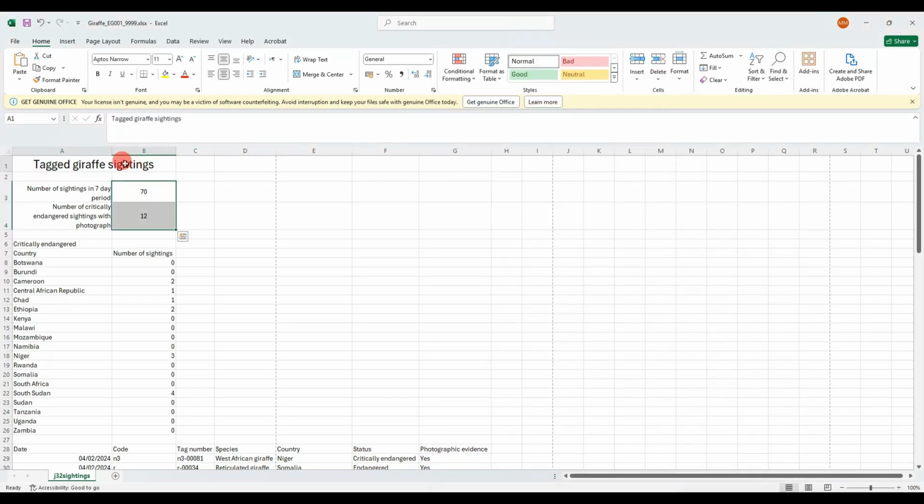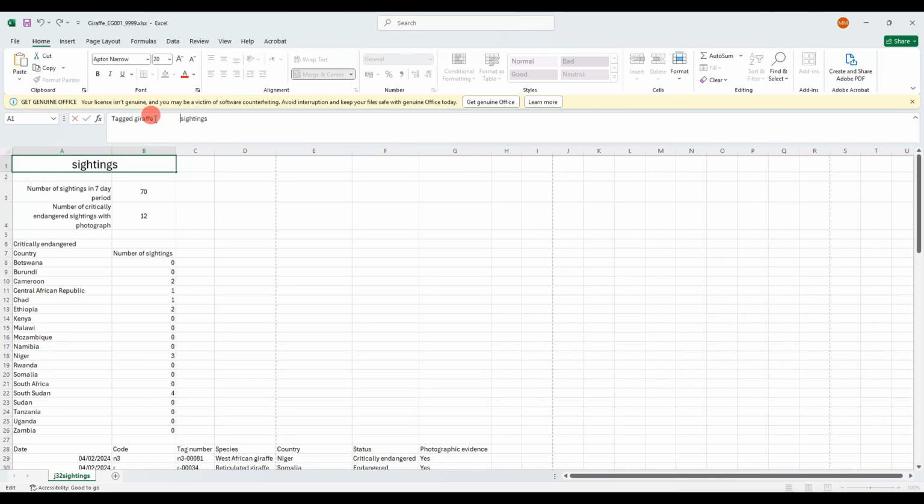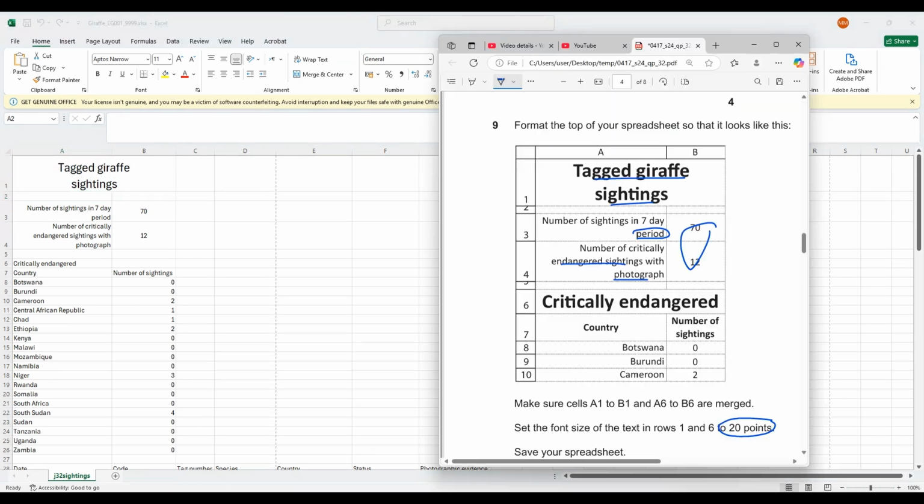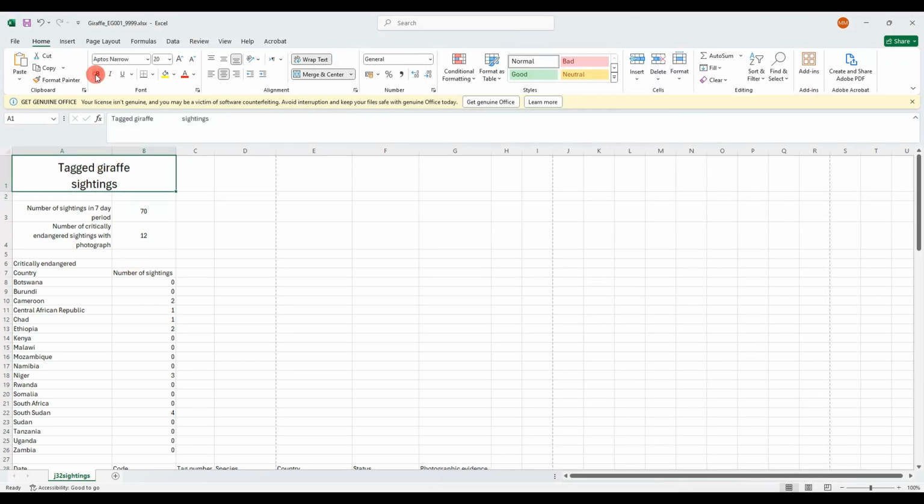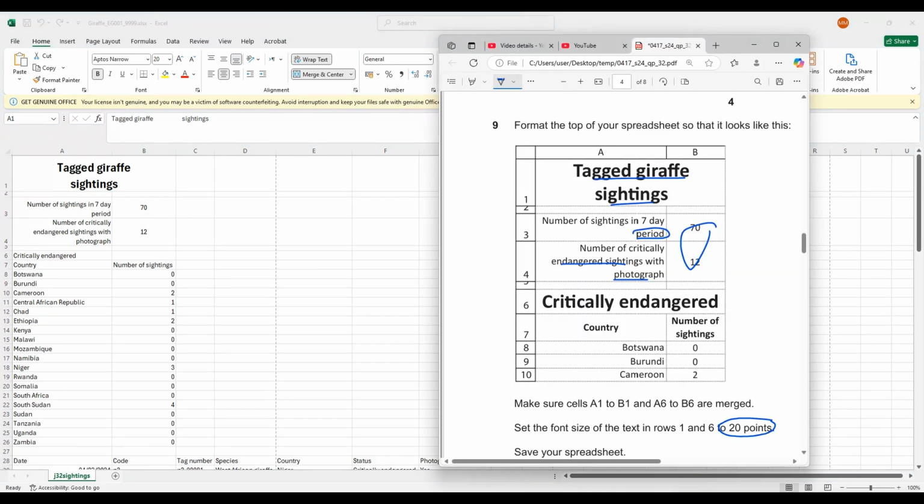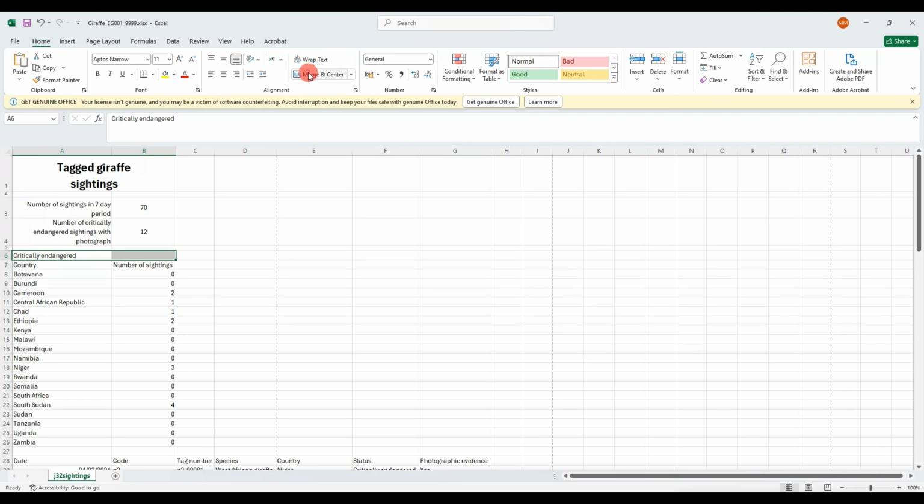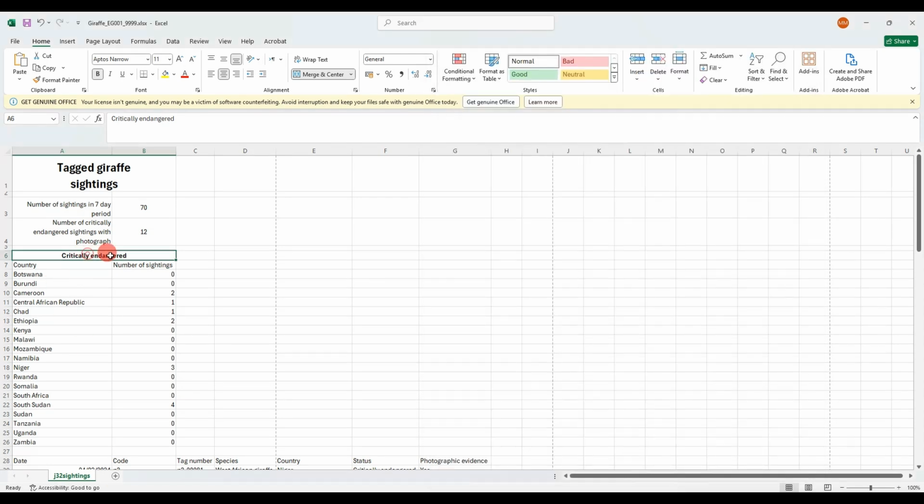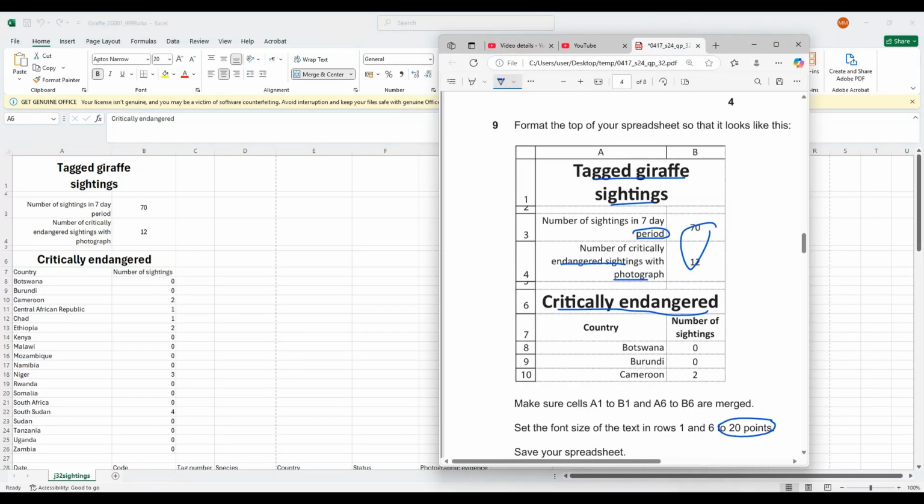This one, sighting, should be down there, so just push space until, as you can see, it looks nice. So what we need to make it bold, and we need to hide this one and this one. Okay, critically endangered should be merged as well and bold. This one is merged and bold, and it's the same size. This one is 20, it's 20. Country, this one should be bold,